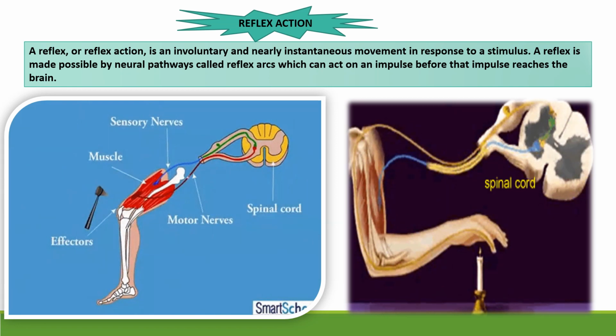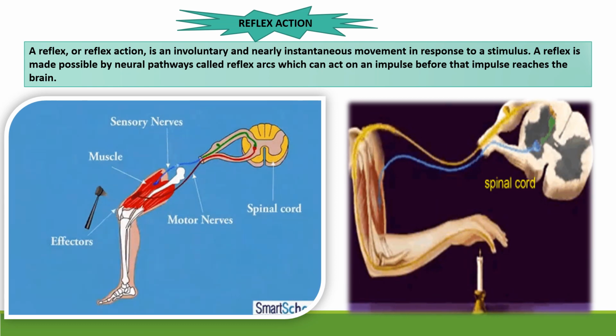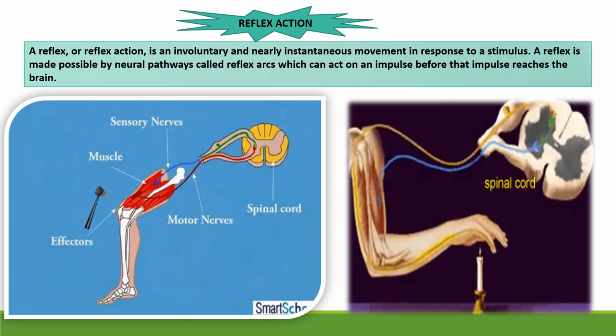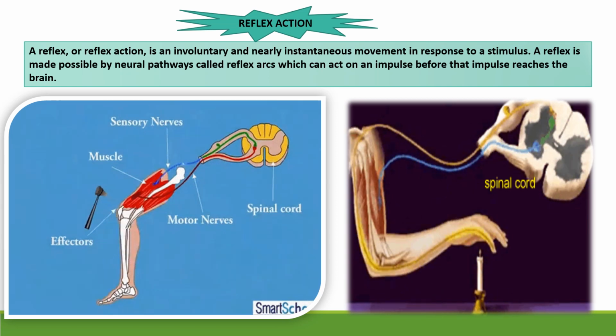Now please see the diagram, you will understand. First see this diagram, the knee jerk. See, this is a hammer. Suppose a neurologist is testing your knees. So this is the hammer and here the knee jerk is happening. But before the knee jerk, I am telling you what is actually happening. First, by this hammer, here actually the effectors. On the effectors, see, by sensory nerves the impulse is moving and by motor nerves it's coming back. And it is giving the response, so the knee jerk happens. So this is the total pathway of reflex action.